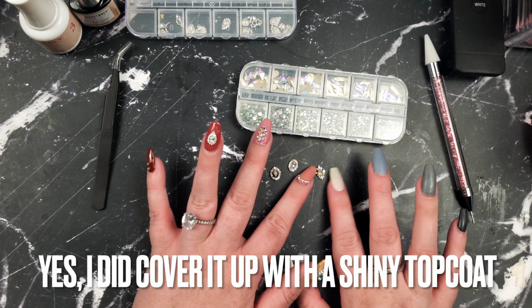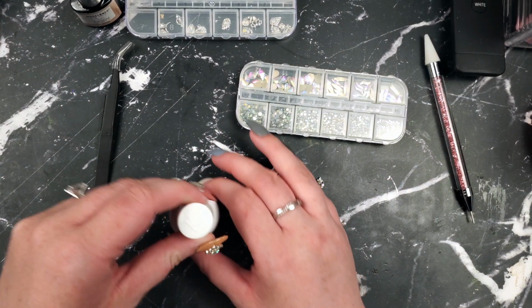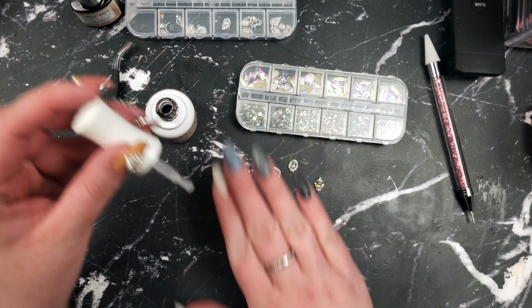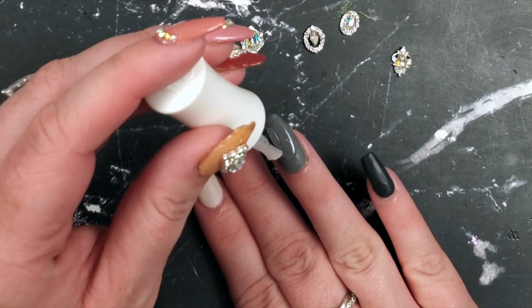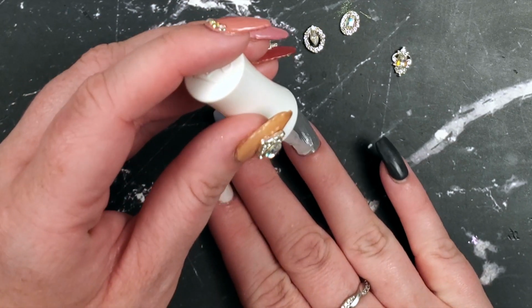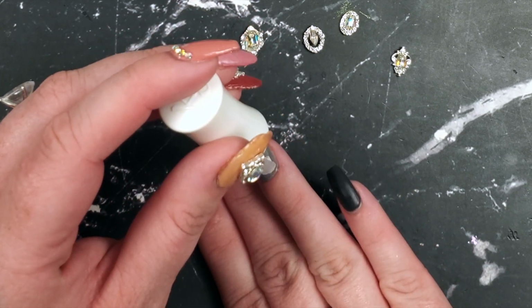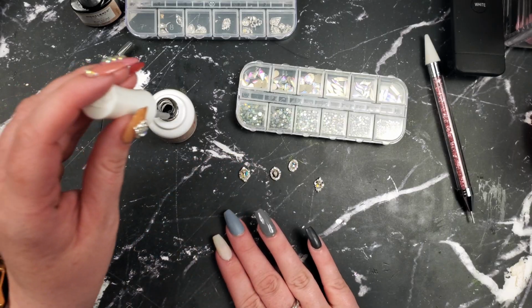I think I'm going to use this stone right here for my ring finger. And I'm just going to continue to repeat this same step of applying the builder base, making sure to not be too thick, but also be thick enough so that the gems can sort of nestle into the builder gel. I don't expect this to be a very long video,